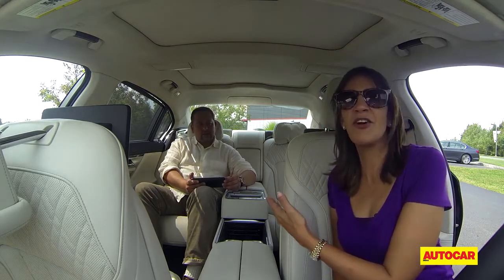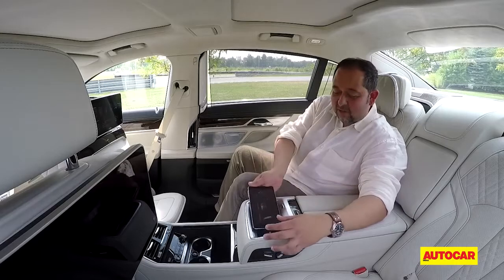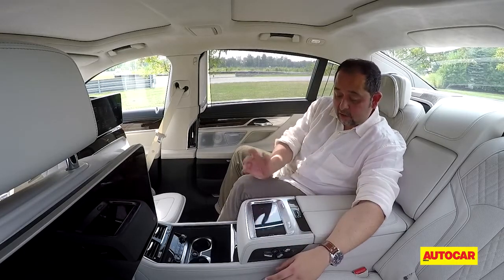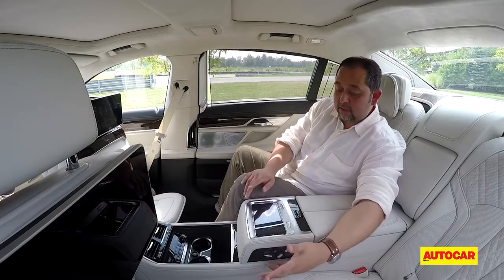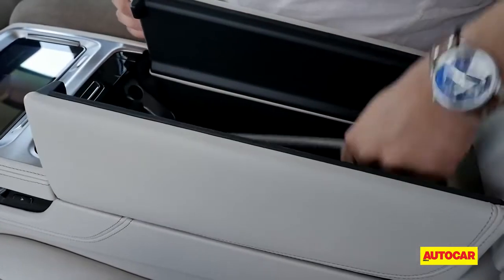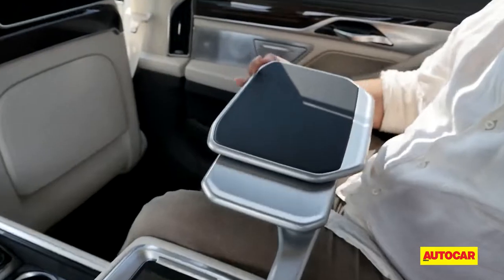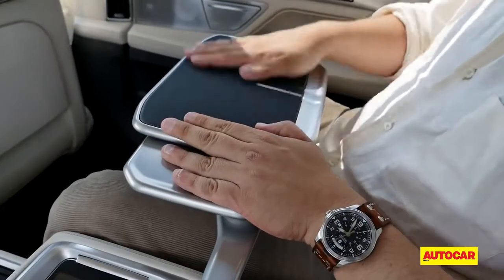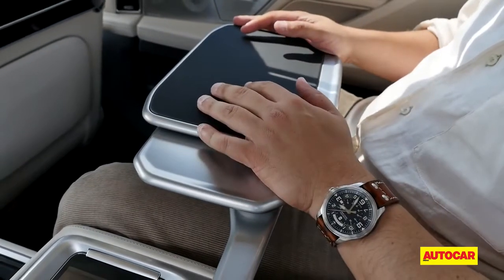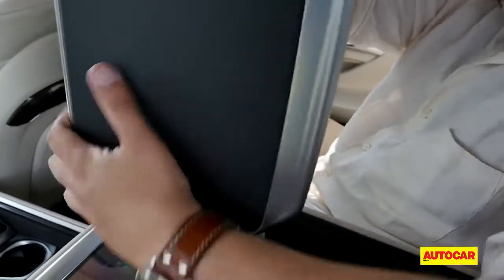Should I continue? So he's got the good life over there, as you can see, and I've got the tough job for the day. Of course, really nicely integrated here. You just drop it in here and you get these collars coming in, holding it in place so it doesn't fly all around. You have the standard now in this class table, and honestly it's so solidly built, this table. You could do whatever you want on it. Keep your laptop here. There's a nice abrasive surface so it doesn't slide around. Put it back just in one shot,